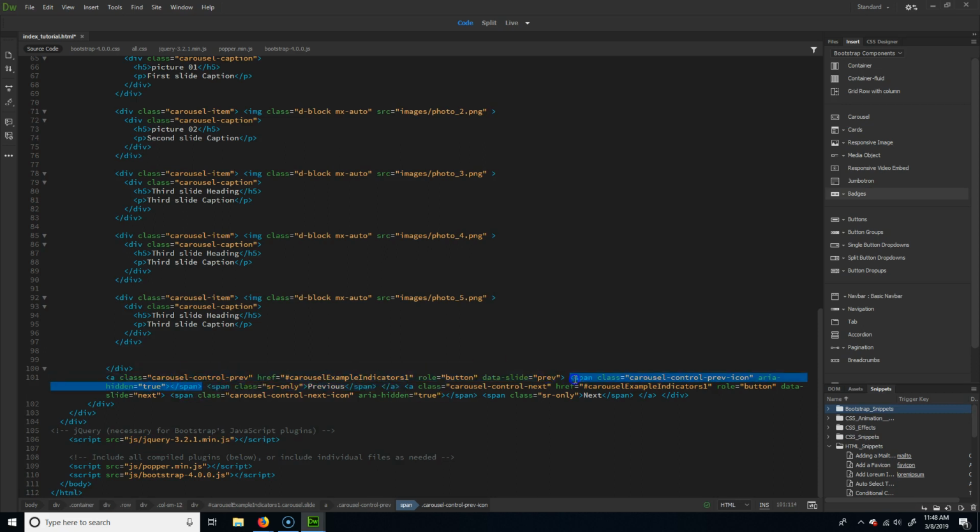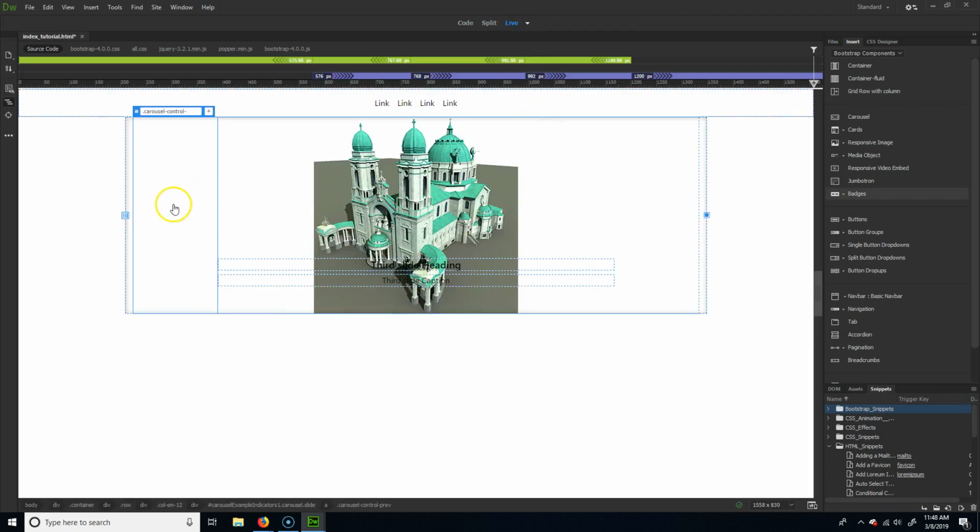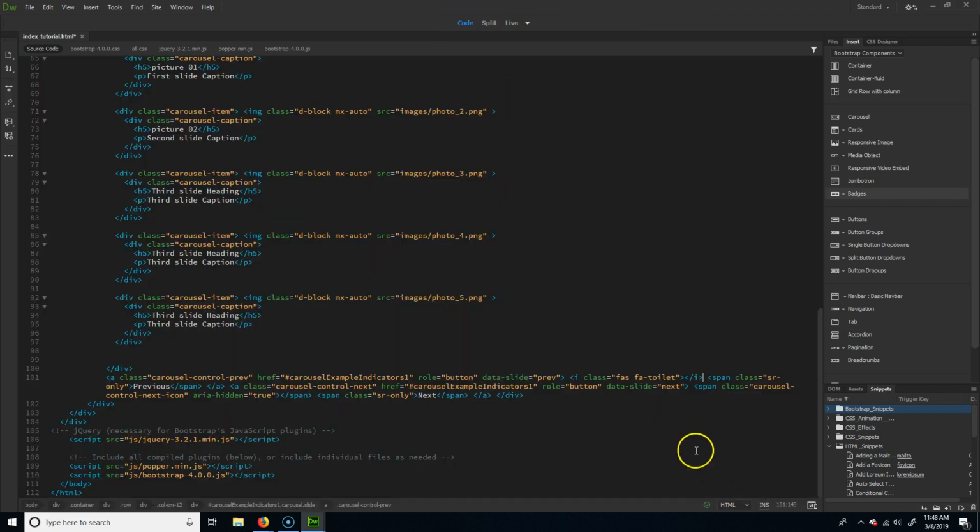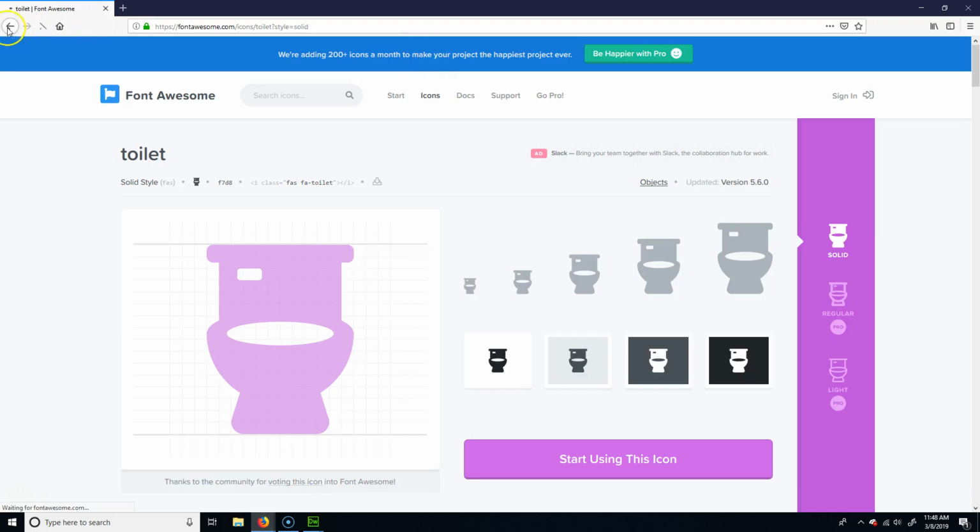I'm just going to go ahead and delete that. Okay, take a look at what I'm grabbing here. It's basically after the A, and I'm going to paste my toilet in there. And if I go to live, you can't see it, but it's there. Okay, and I'm going to go ahead and grab the toilet paper for going to the